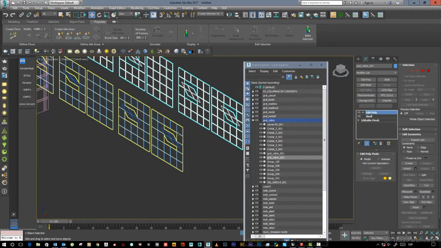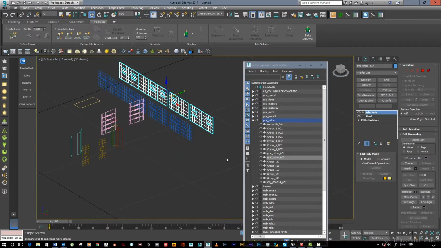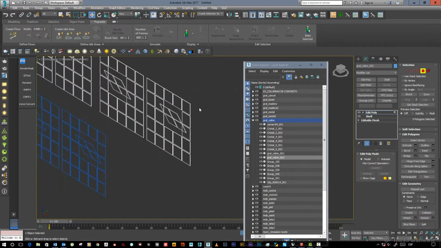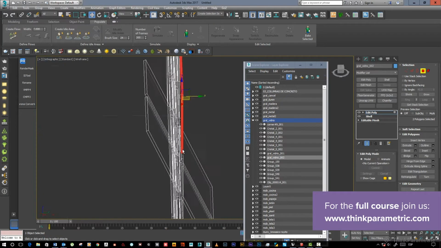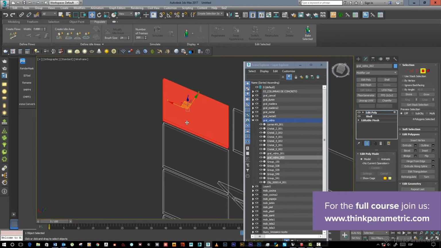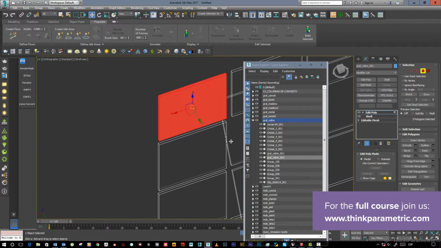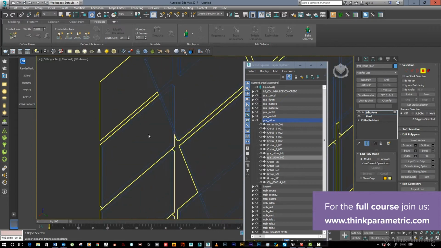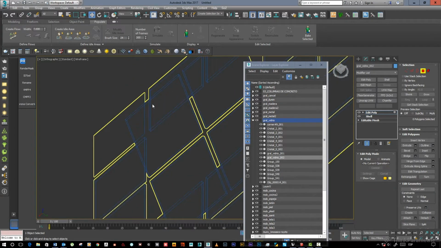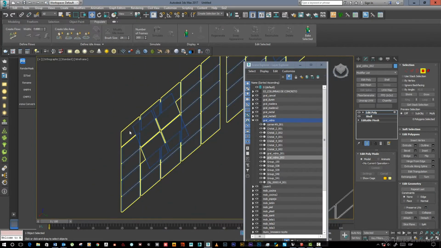So do not merge everything into one single object. First, start cleaning every one of these glasses, making just a simple surface. This way basically the rest of the glasses will have single face geometry.